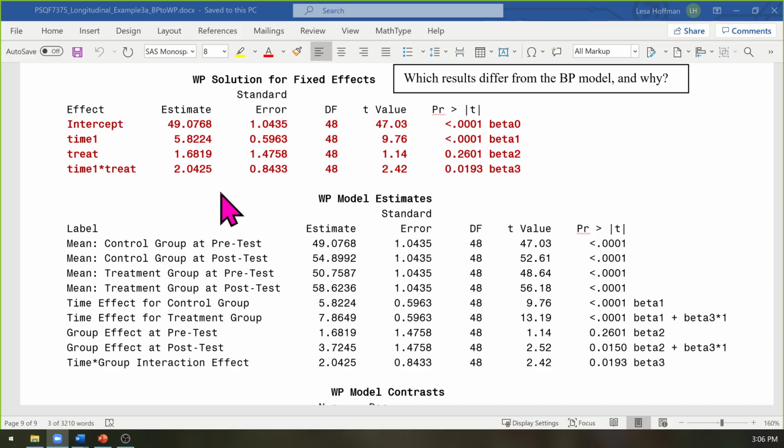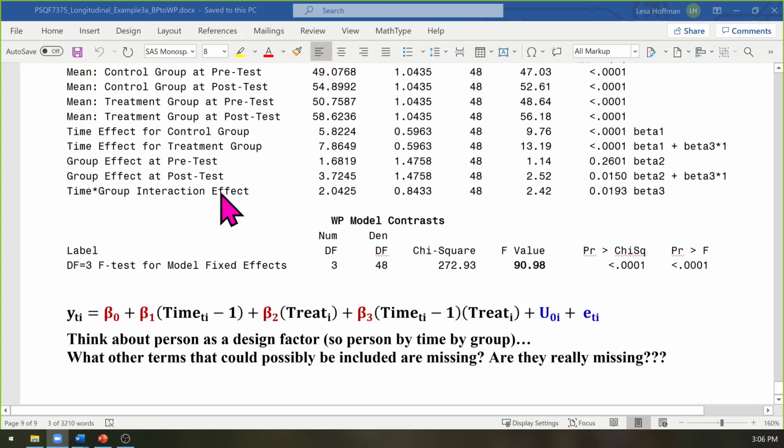Okay, how are we doing? So I want to ask you one more set of questions if we look at this equation again. Another way to think about repeated measures designs like this one is that you are introducing person as another factor of the design. So in analysis of variance language, the fact that we have 2 occasions and 2 groups, we would call this like a 2 by 2 ANOVA, 2 factors each with 2 levels. But actually this is a 3-way ANOVA because we have 50 persons by 2 groups by 2 occasions.